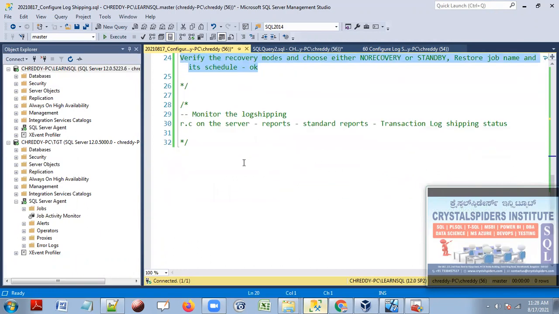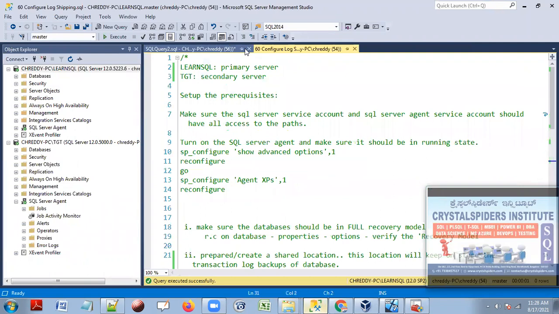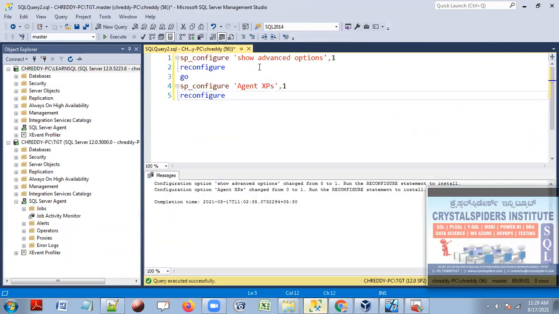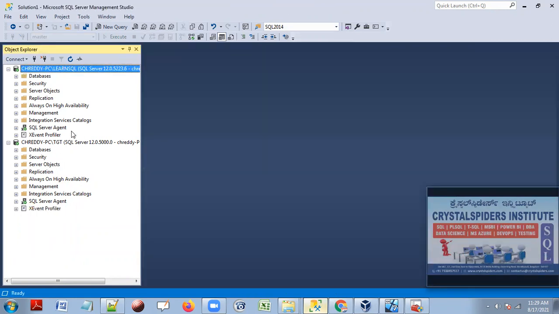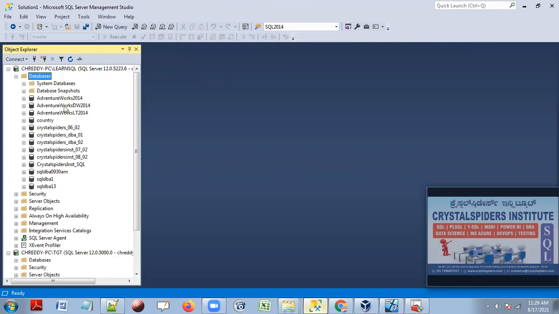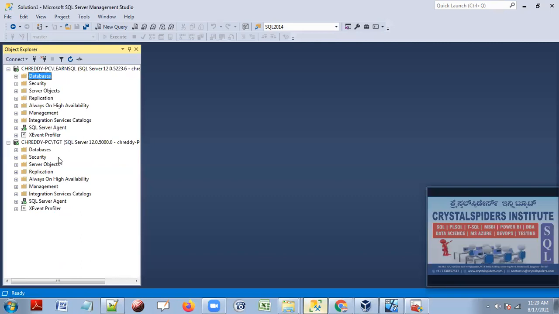Same notes are here, guys. And monitoring log shipping with SQL queries, we'll see in tomorrow's session. So this is log shipping, and it is configured between two SQL servers that are in two different data centers, because they want to make sure whatever changes are happening in all these databases, they maintain a secondary server for them. Take a full backup of all those databases, restore here, and start configuring log shipping for each database. Each database we have to configure separately, guys.